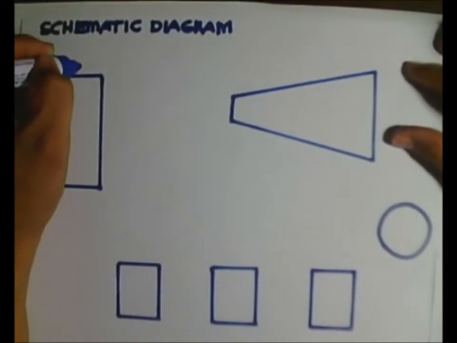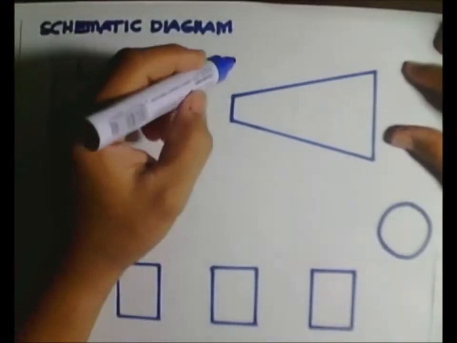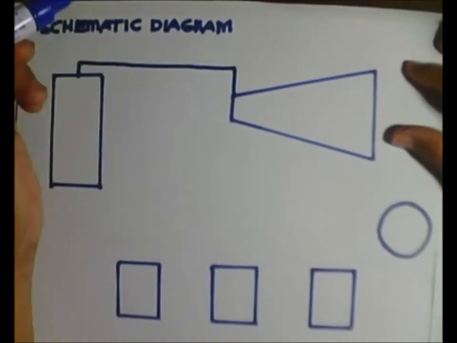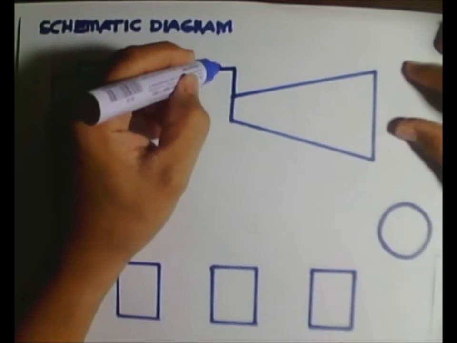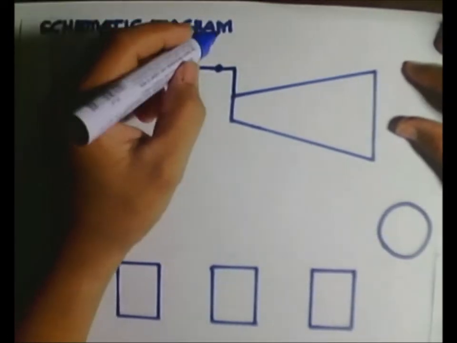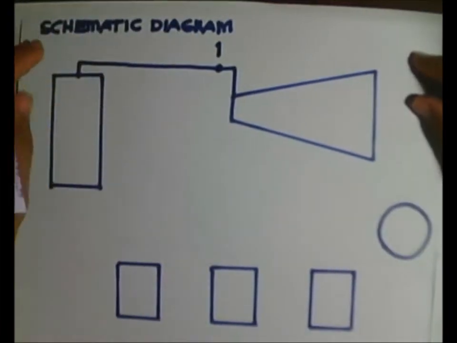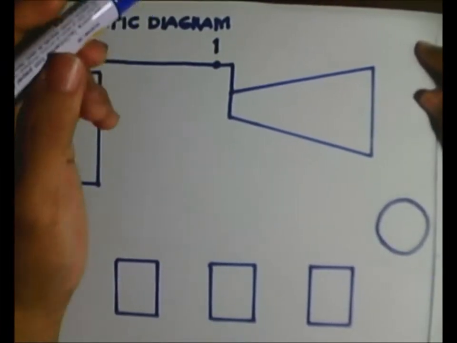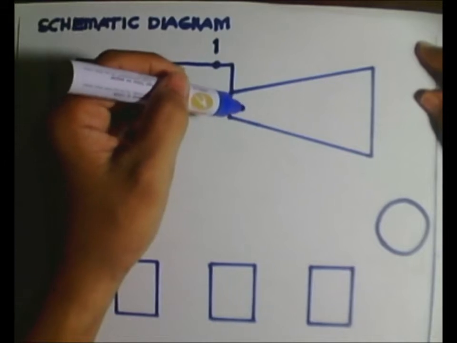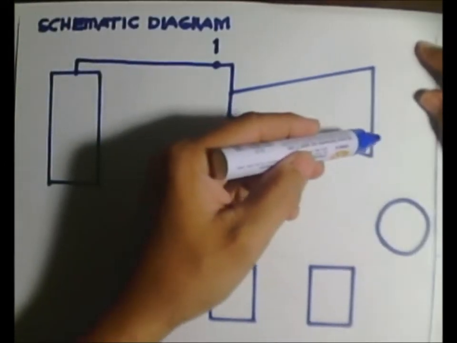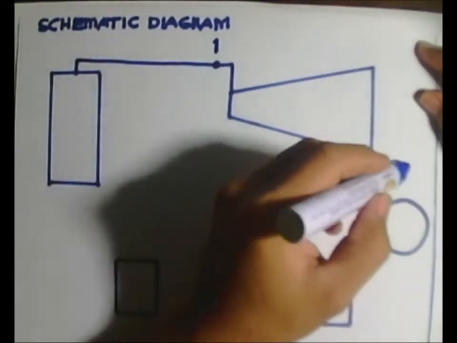So let us connect our boiler to our turbine, and this entrance point here is called the throttle point. We normally call it point 1, and we have here the steam expanding inside the turbine. It comes out at this point towards the condenser,